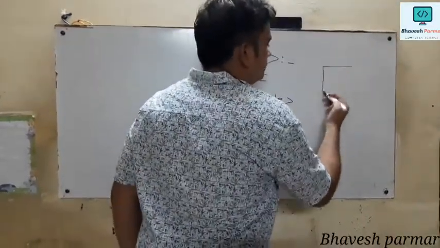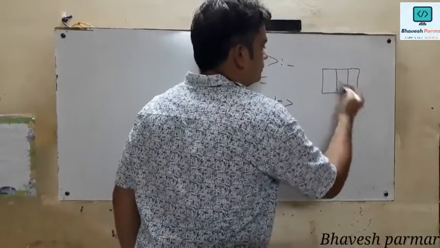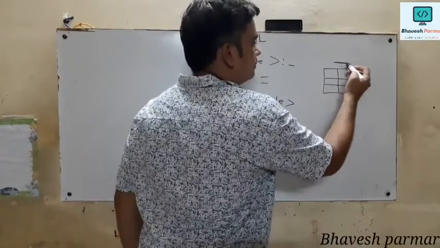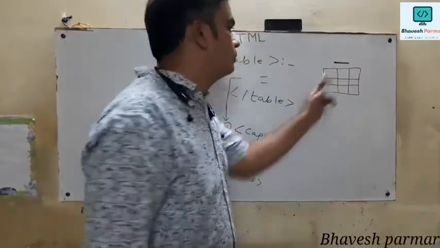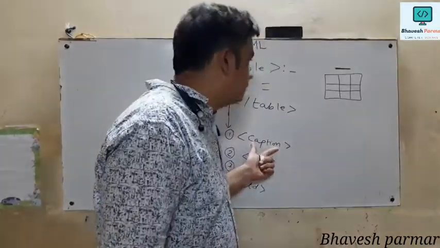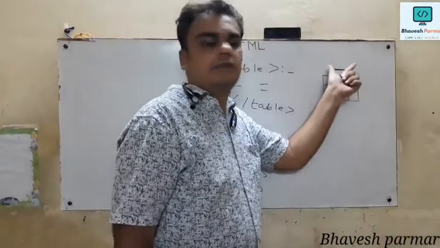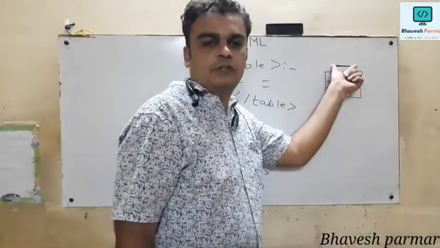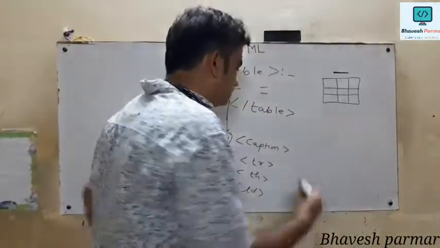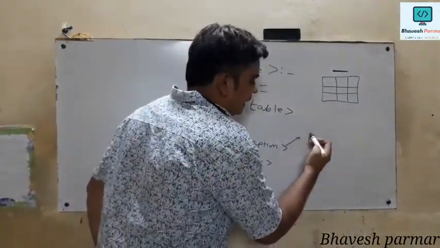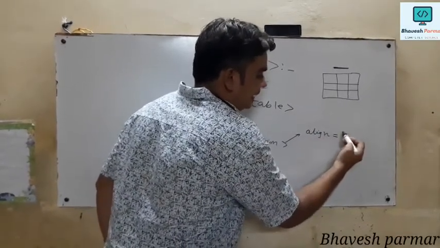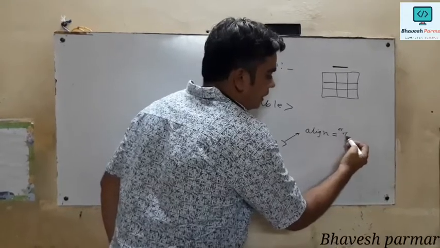So this is my table, and in this table, suppose I wish to give the heading or caption at the topmost position, then I am using caption tag. So there are two possibilities. We can put the caption either at the topmost position of the table or at the bottom position of the table. For that purpose we are using its attribute align, and this align attribute has two possible values, either